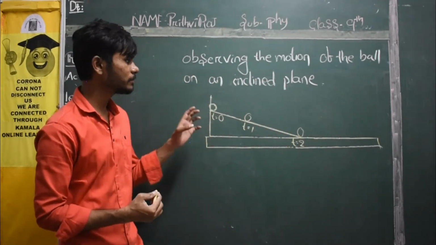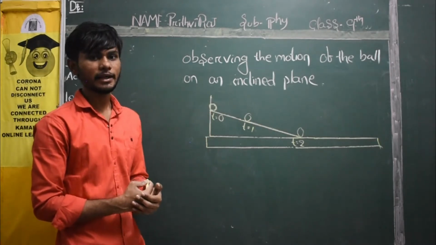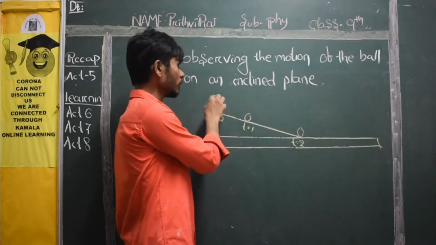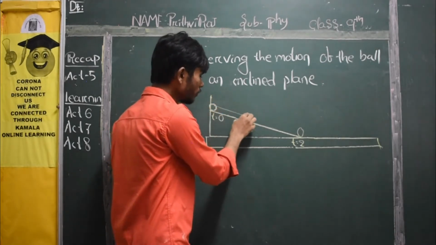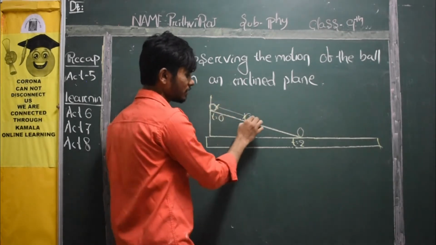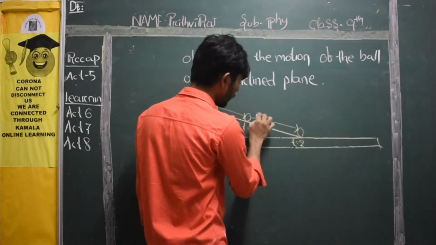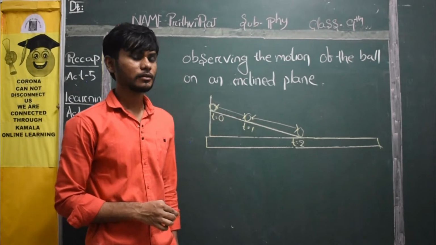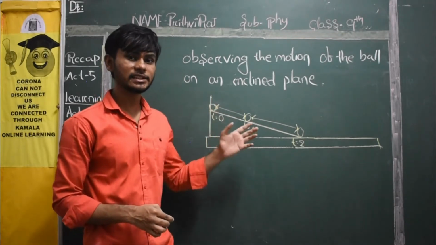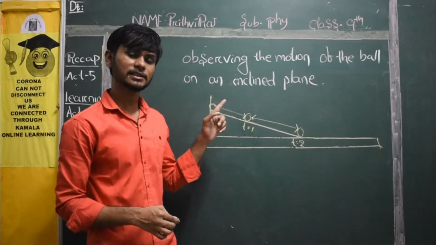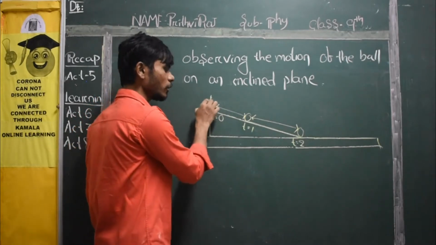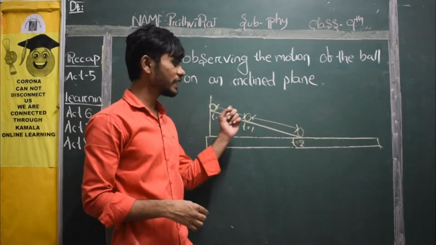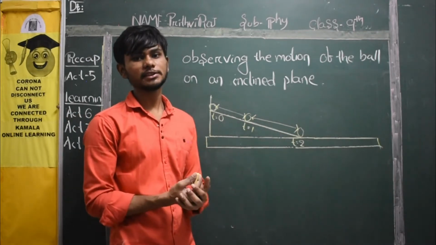Here we are talking about observing the ball on the inclined plane. As you can see, the velocity changes. First it was nothing, it was stable. Then it covered this much distance. But in the next second it covered a lot more distance. Right? So here what happened? Velocity changed, but the direction was similar. You have pushed the ball in this particular direction, so it is going in the same direction. Although velocity is changing, direction is not changing.